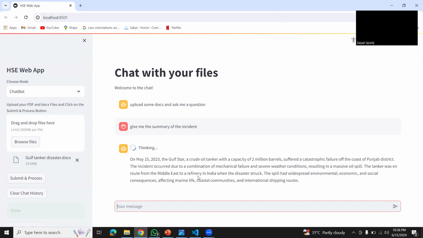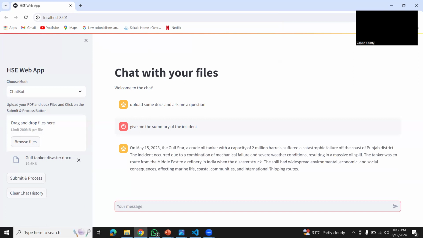As you can see, it's still processing, it's still giving out. So it gave us the summary, it told us the date, and it gave us a summary of what the incident was about.